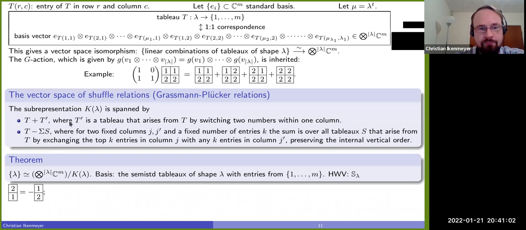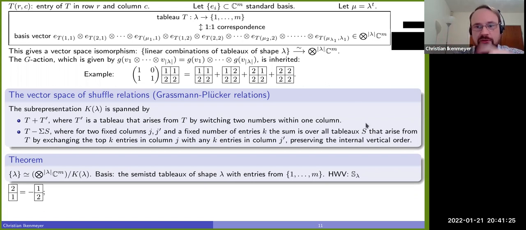And yeah, so let me maybe also say what's the second one here. So the second one is T minus the sum over tableaux S. This is the complicated one that actually makes the representation theory a bit complicated. But you sum over all the S where you have two fixed columns and a fixed number of entries, K,